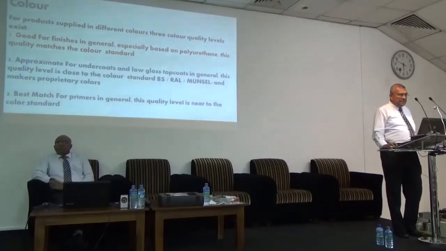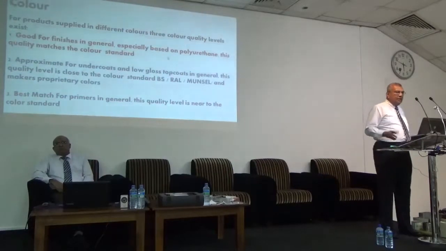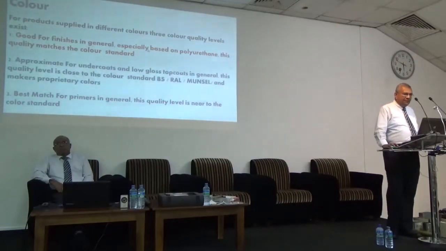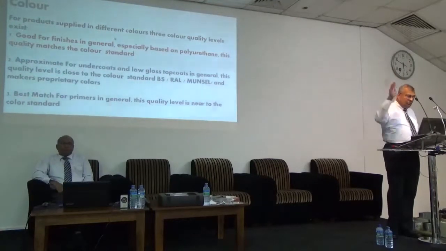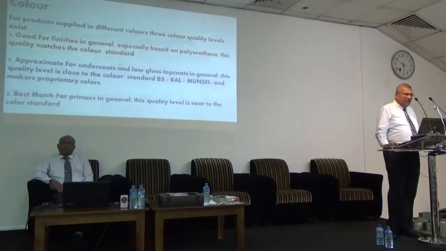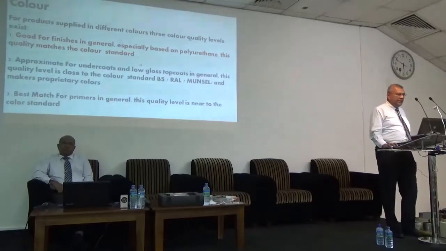For good finishers, especially if you have Sigma green, then you have to buy Sigma green. But if you select the RAL green, now I know Lanka Transformers, Angulana, when they are doing their transformers, the customers will tell you, I want RAL 7035, because they are exporting that transformer to another country. So they want that color. That is also okay because he's paying for it. From country to country when you are negotiating, it's good to go by a BS color or whatever, because it's common to any country.